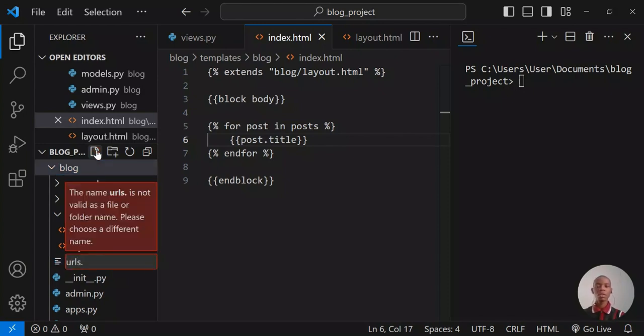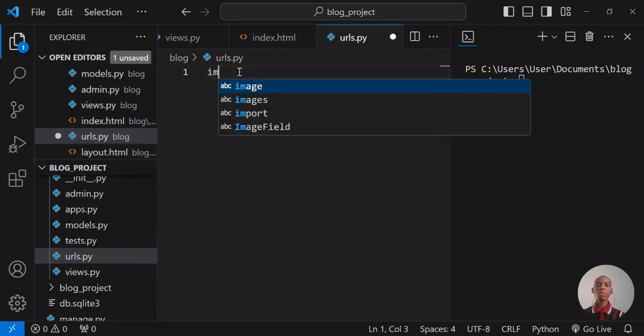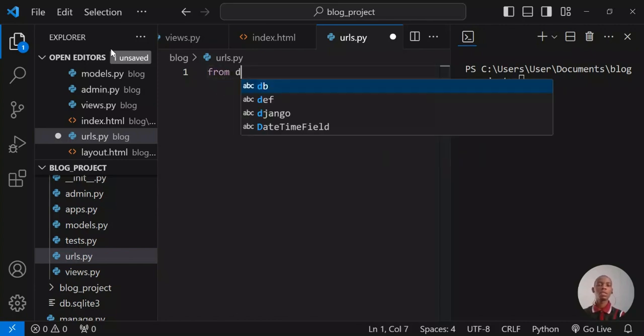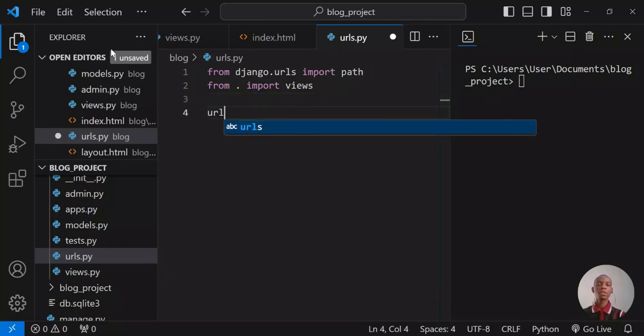URLs dot file, and then in the URLs, I'm just going to import Django dot URLs. Sorry, I think it should be like this: from django.urls import path, then from dot import views, because I'll be using my views here, and then urlpatterns,